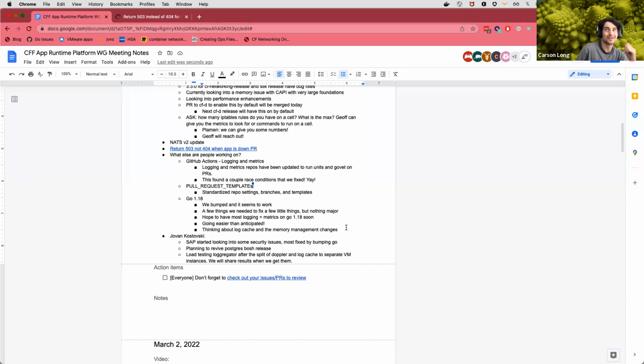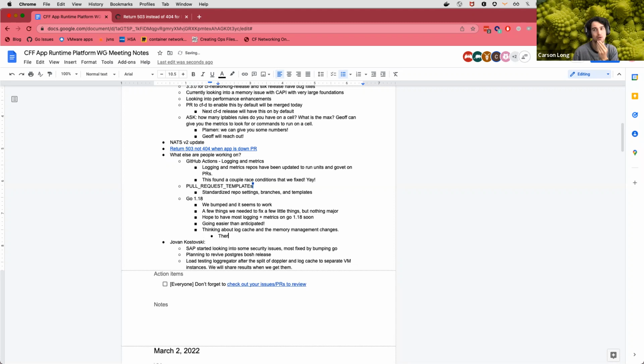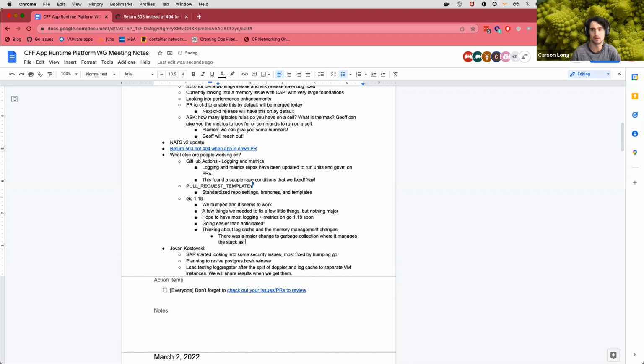But in the best situation, we actually get better memory management in log cache. There was a major change to garbage collection in Go 1.18, where it monitors the stack as well as the heap, and triggers collection more frequently.